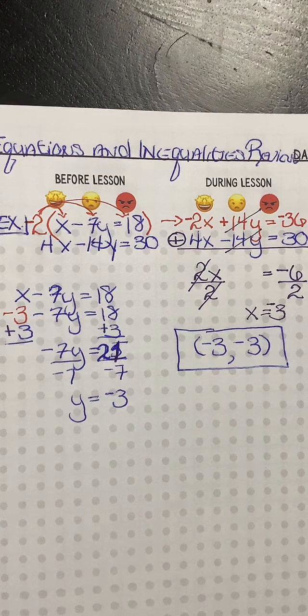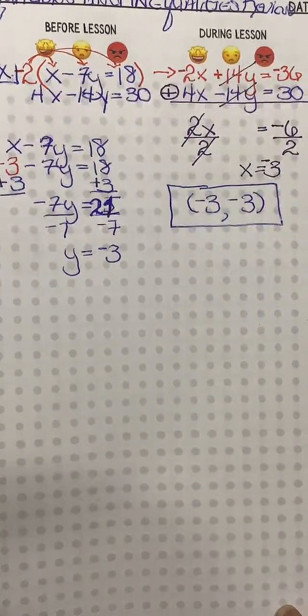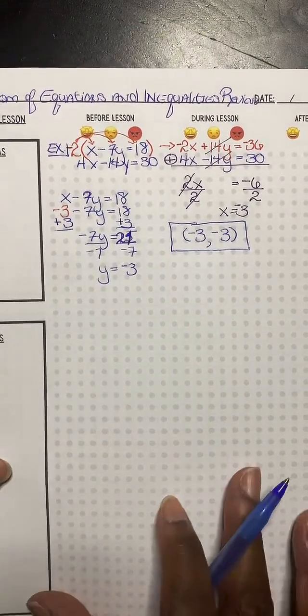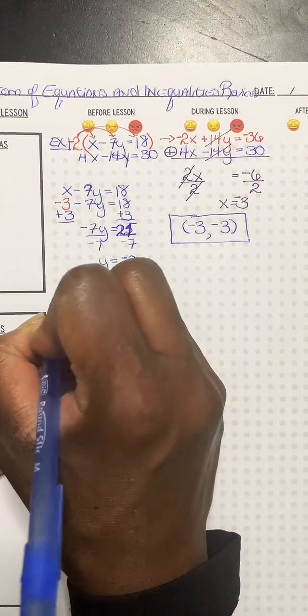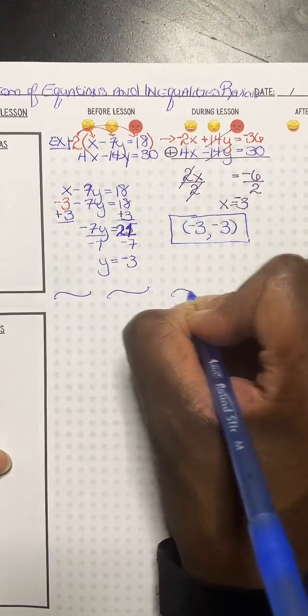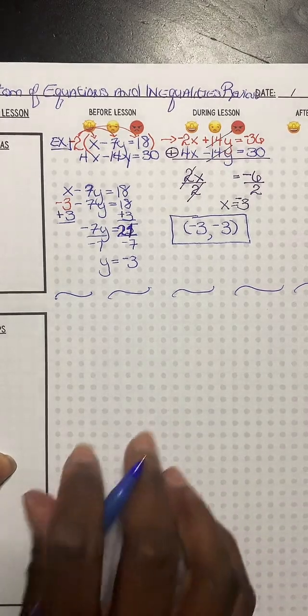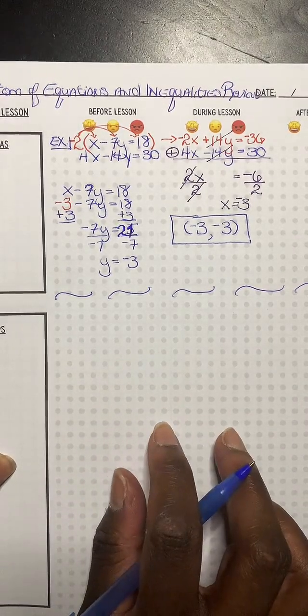So let's say, and let me unzoom. So we're going like this for my separation. All right. So for inequalities,